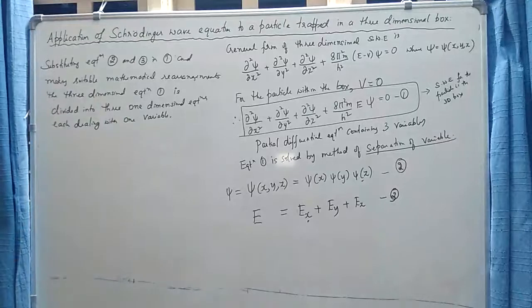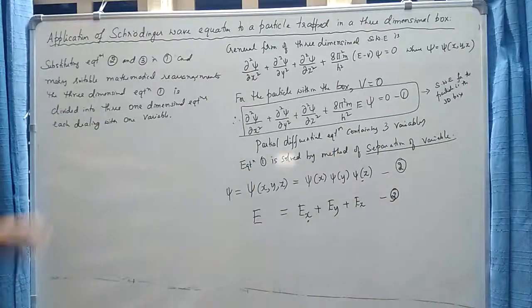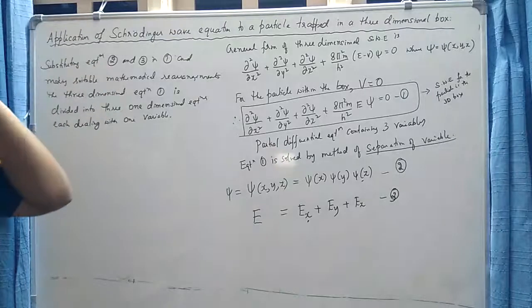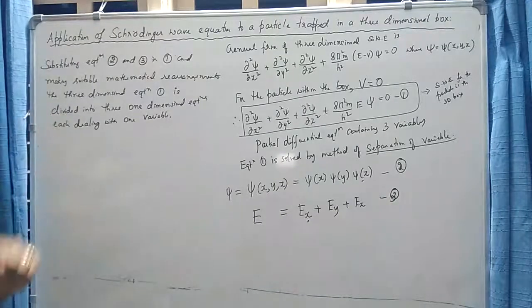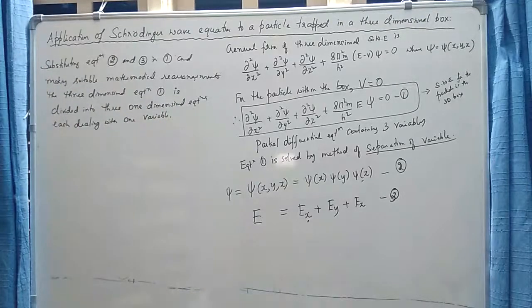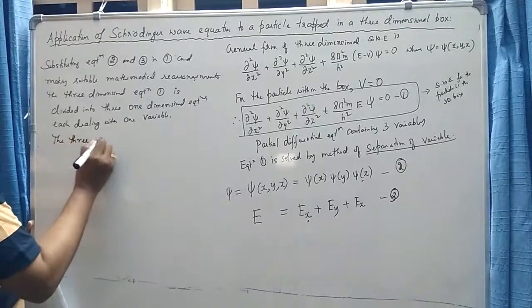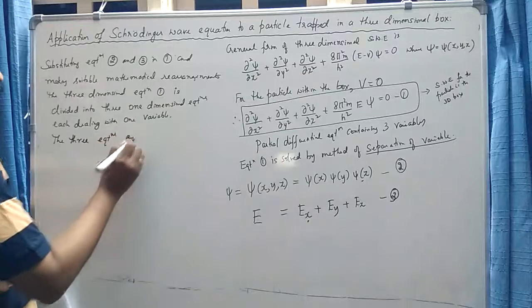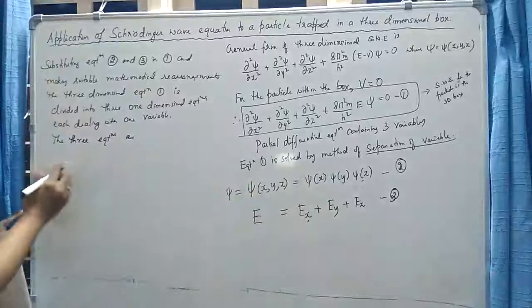So what we have done is, by applying this method of separation of variables, we have converted a three-dimensional problem into how many one-dimensional problems? It has been converted into three one-dimensional equations, each equation dealing with one variable. So what are the three equations? When I substitute these two in equation 1 and make some rearrangements, I get these three equations: